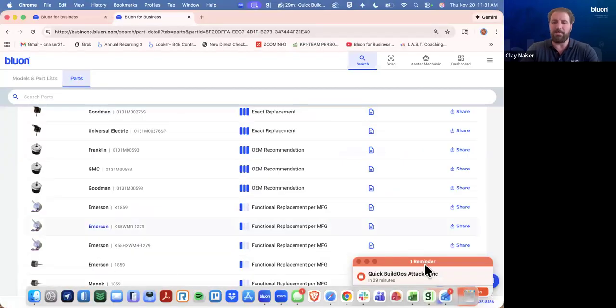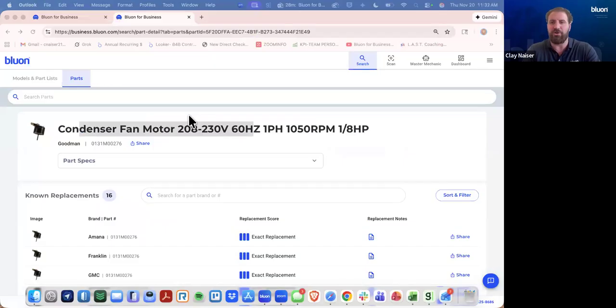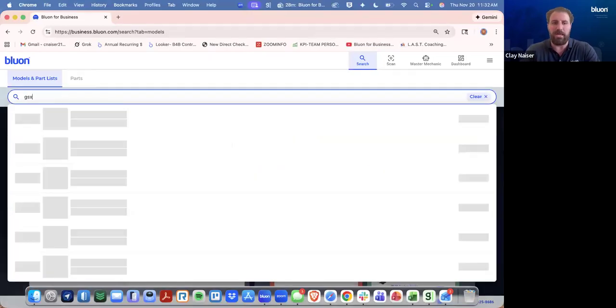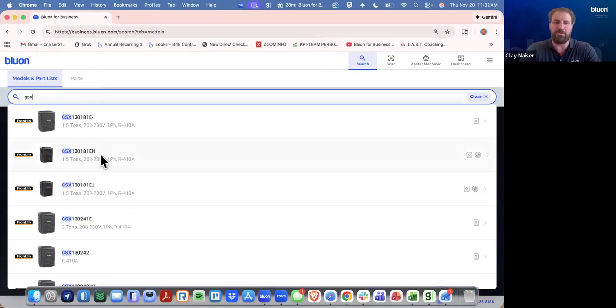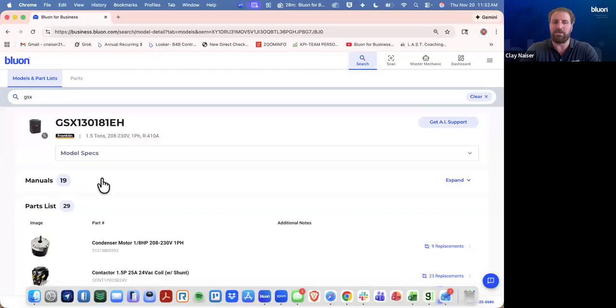Quick view of the desktop site. As I've gone in and shown you, the quick view of how to save that information, sharing that to our parts manager, our warehouse team, you name it. The desktop site is the app blown up on a much bigger scale. Same view as on the app. You can type in with just 3 characters. You can go in and have all of your extended model specs, all of your manuals here on the fly,